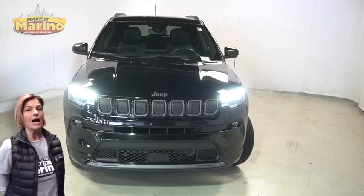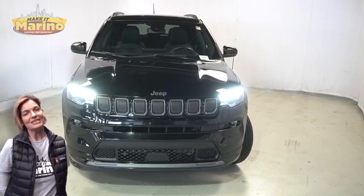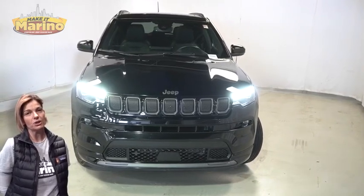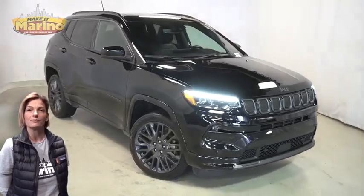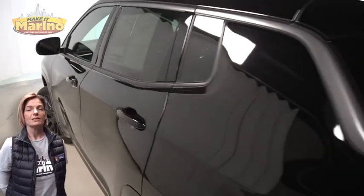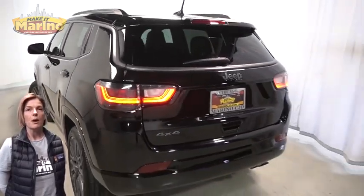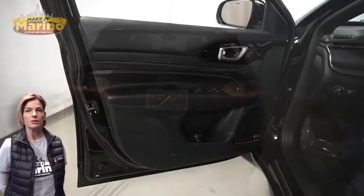Looking for a functional, compact SUV with reliability and safety for your whole family? Then take a look at this certified pre-owned 2022 Jeep Compass High Altitude in Diamond Black Crystal Pearl. With HID headlamps, front fog lamps, 19-inch aluminum wheels, blind spot and cross path detection, rear window wiper and washer,